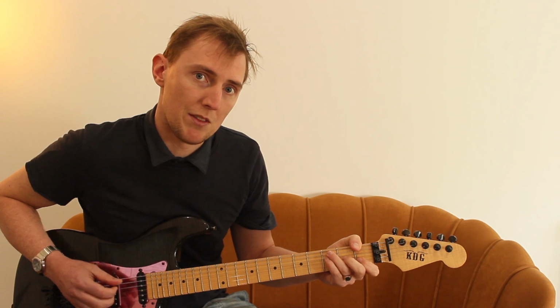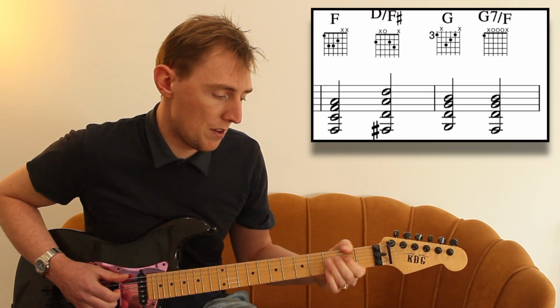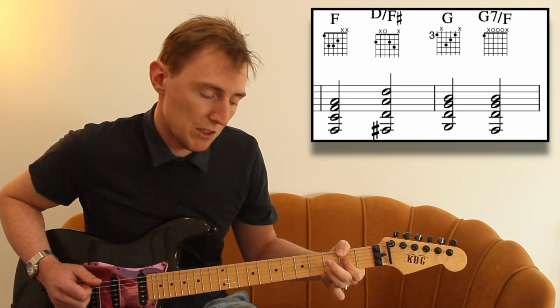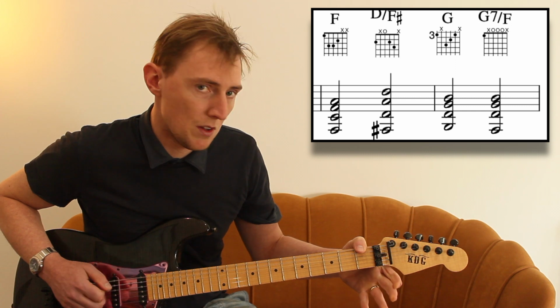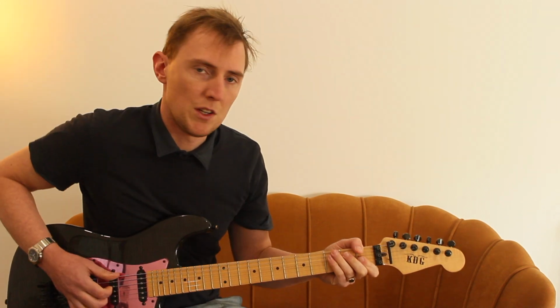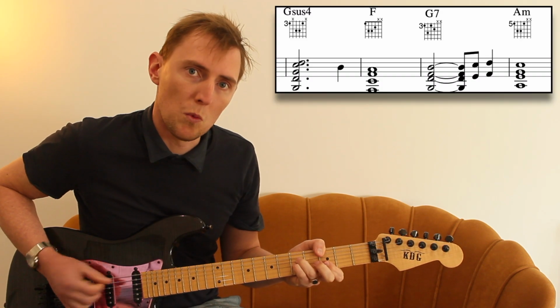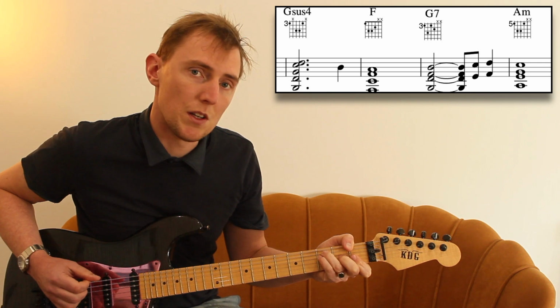Then we come into the part that goes into the chorus. F, D over F sharp, G, F over G. The first verse would sound like 1 and 2 and 3 and 4 and 1 and 2